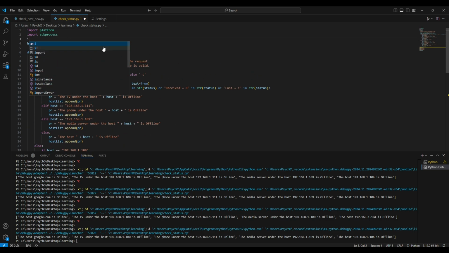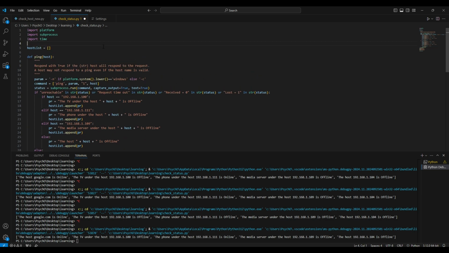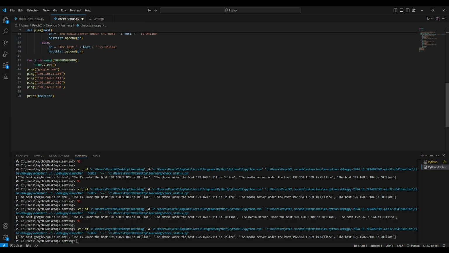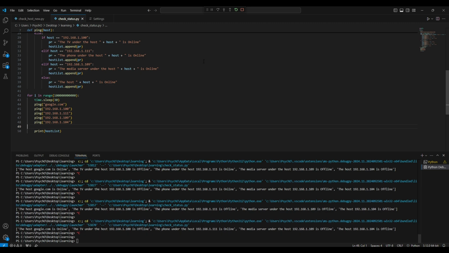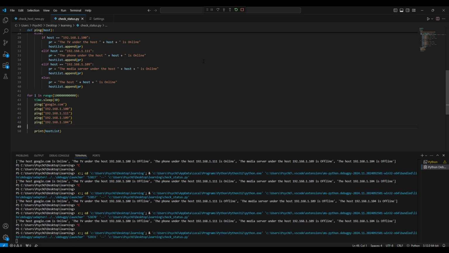We'll have time sleep 30 seconds, and then we will ping all of them and also print. So every 30 seconds we can check what is happening and if something goes offline,